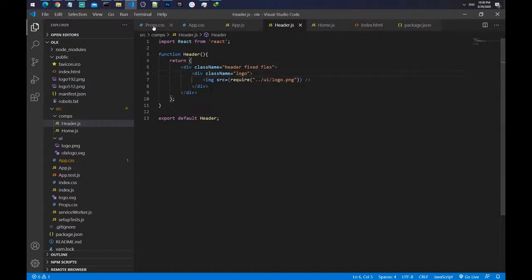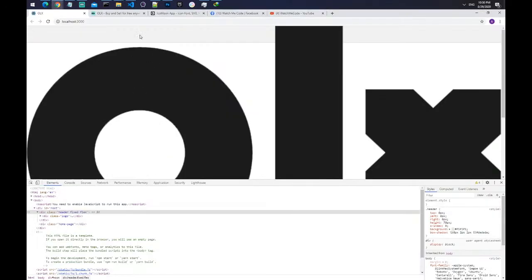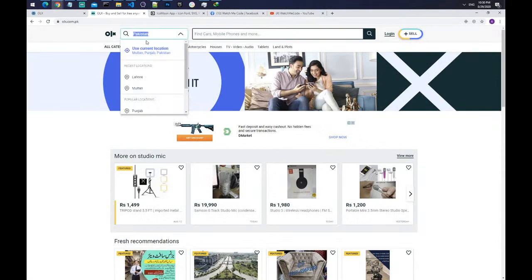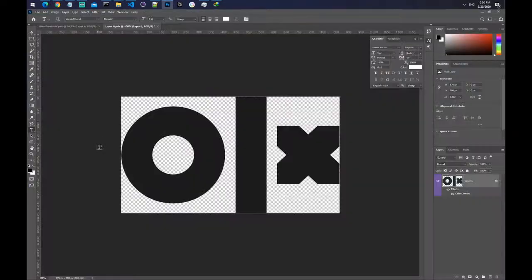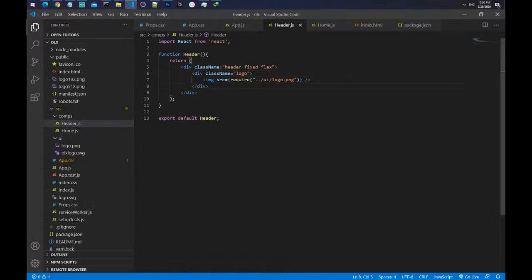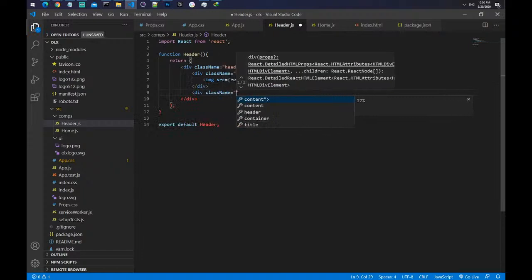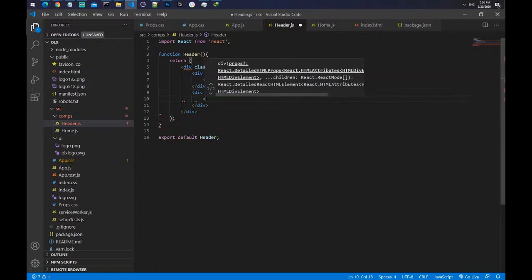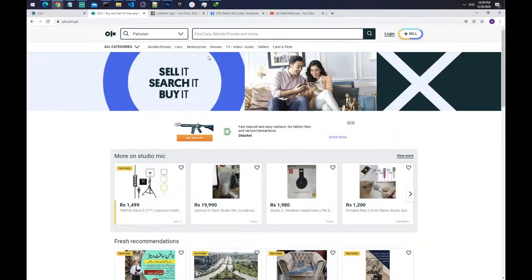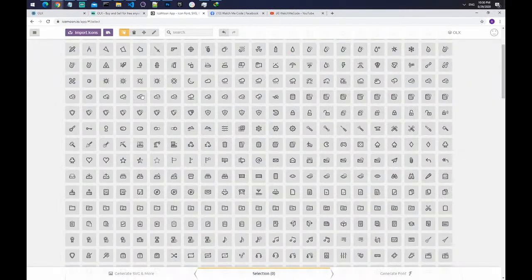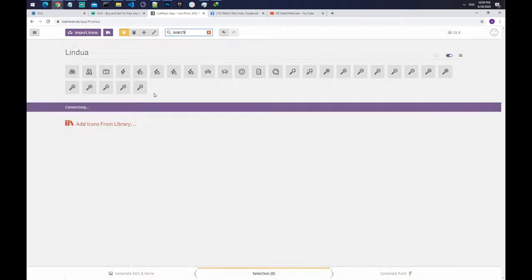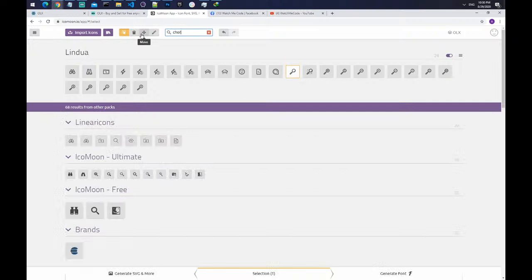And for the other thing we need this location thing, so let's create a div with class name equals location, and location will have a couple of icons which I will use from IcoMoon, of course. Let's quickly search for search and let's use this icon, and we need a chevron